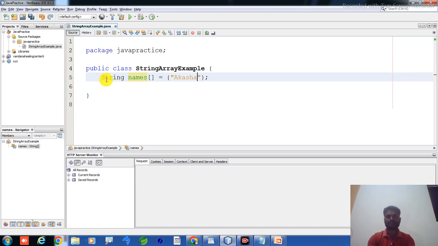Akash, comma, again add Prithvi, again Vishwanath, comma, again Suvendu.